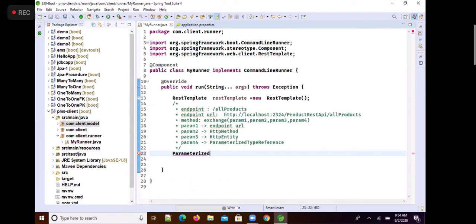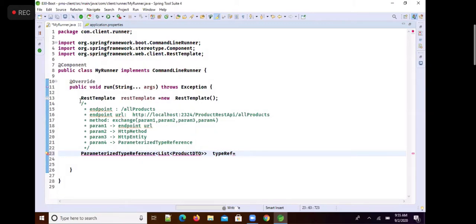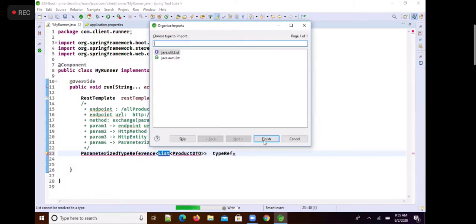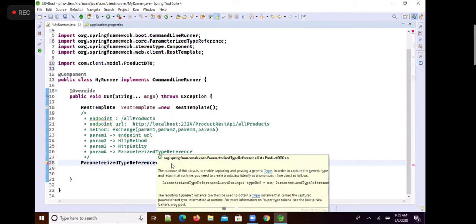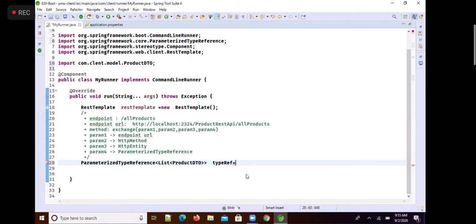Parameterized type reference of list of product DTO. Say typeRef is equal to parameterized type reference of list of product DTO.